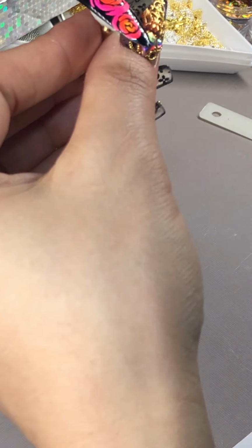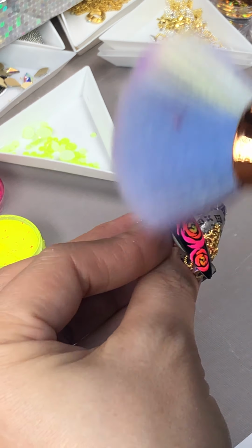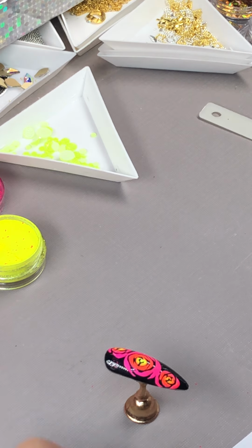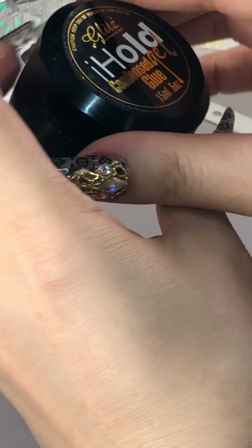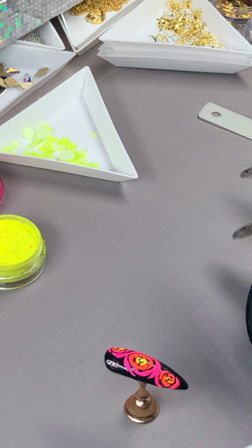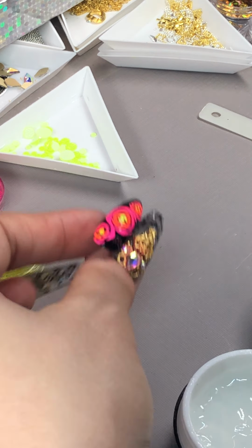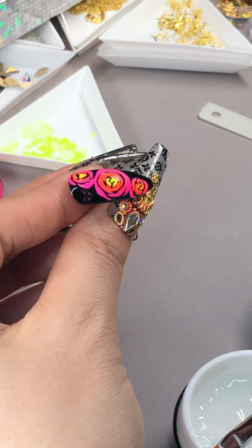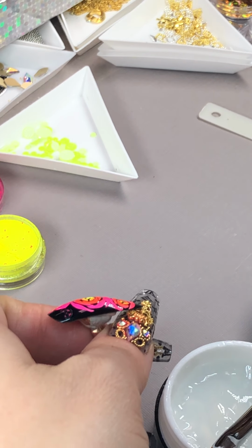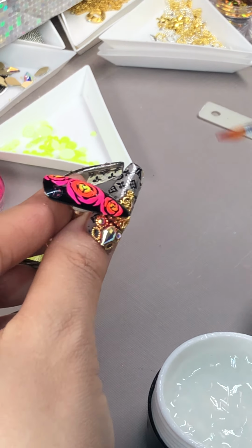But guess what? I have a solution. Don't worry if it gets stuck, because it looks super cute, but it's not strong enough for me to go with my neon rose, of course. So I am gonna do this. Let me try to peel it up. No, I don't need it. It's okay. I'm gonna use my